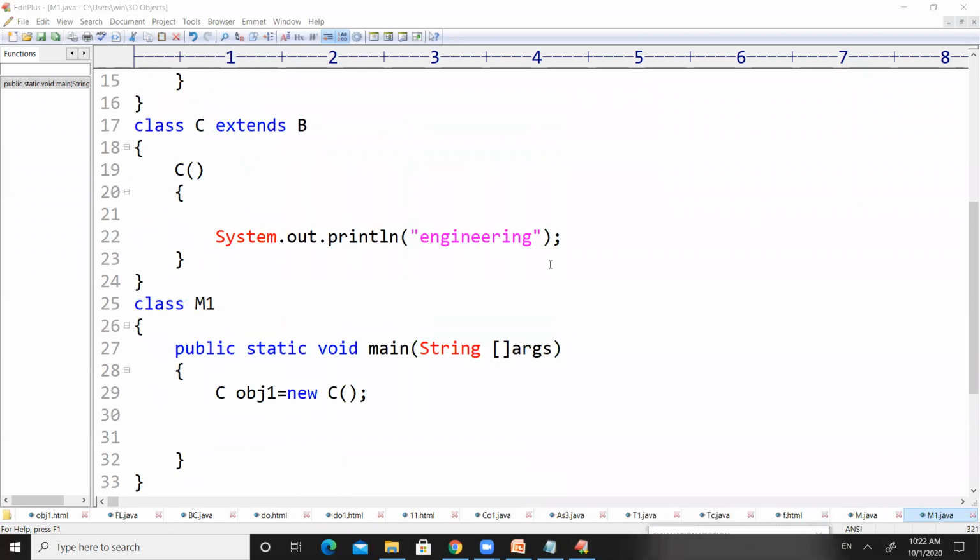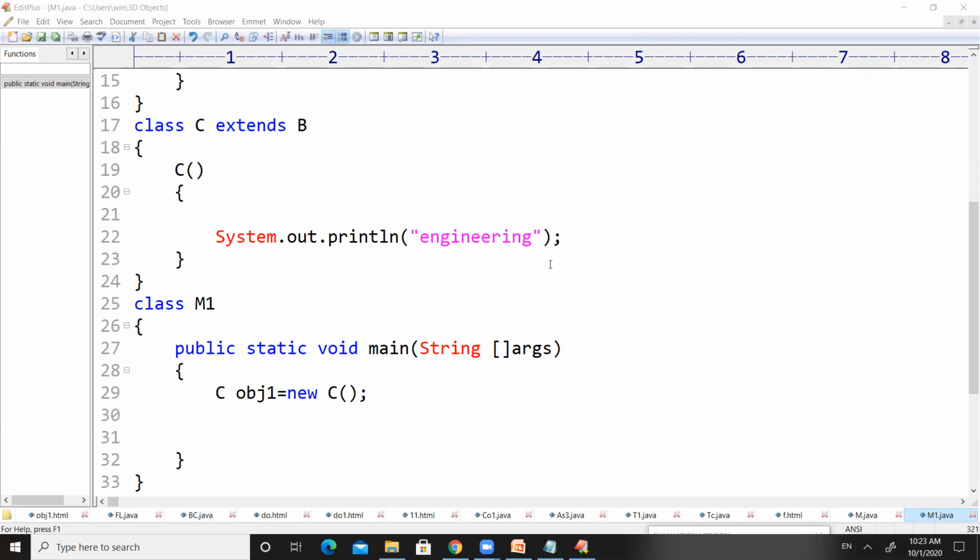If you write a super keyword inside the constructor, I request all of you, please make a note of this one. You have to write it as the first statement inside the constructor.